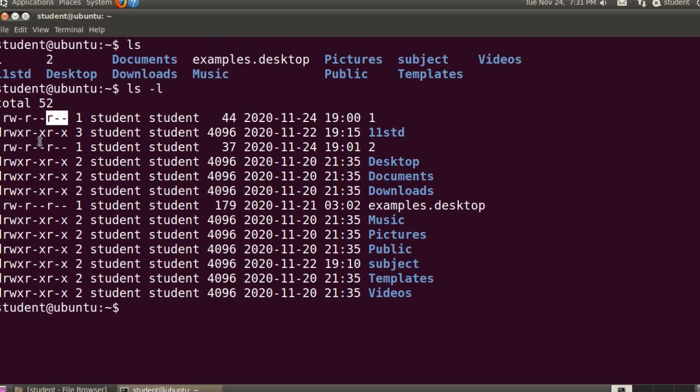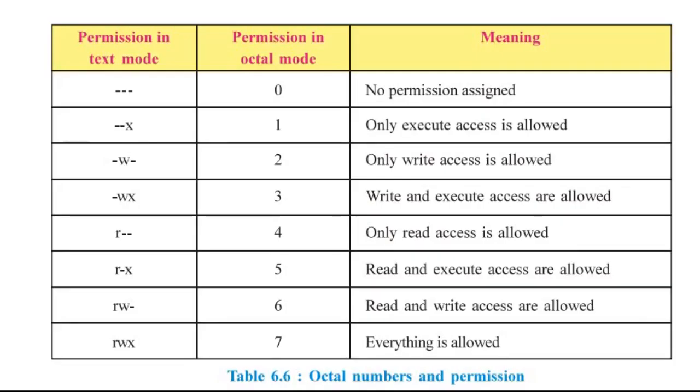The permission 0644, when assigned, is interpreted as read and write permission to the owner, and only read permission to group and others. Table 6.6 in your textbook shows the interpretation of the octal numbers when used as permission. The octal number and its permission are given in the textbook in tabular form.